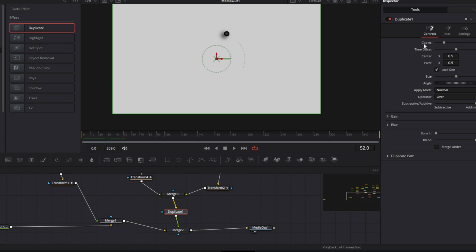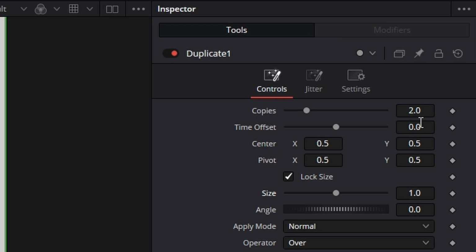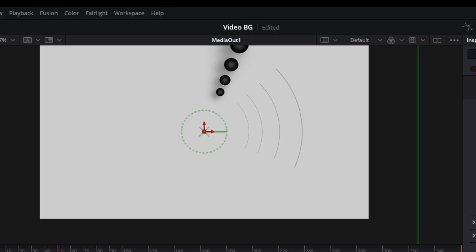And the reason for that is we need to come up to here where it says copies, change that value to 4, go down to size and increase that to 1.3. Look what happens. Now when I play that back,